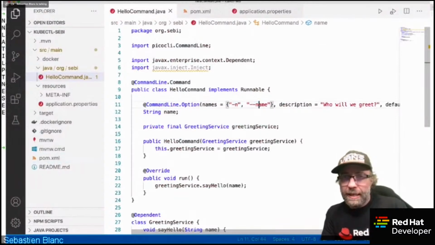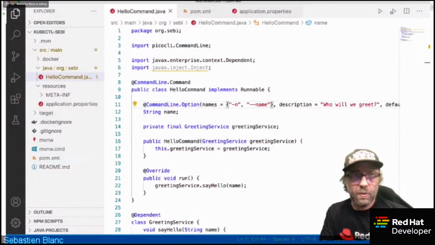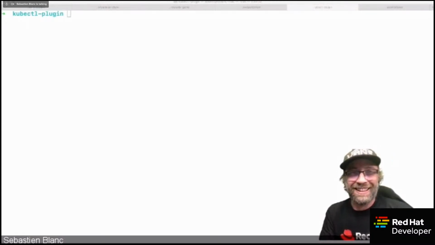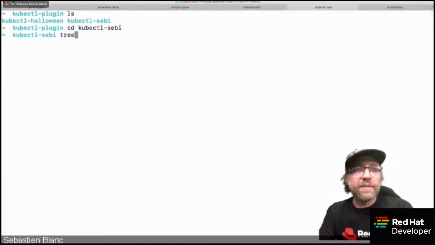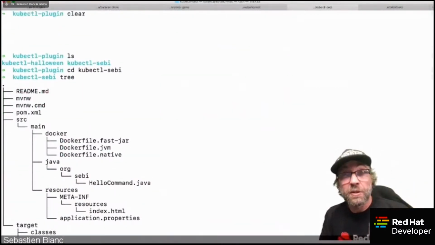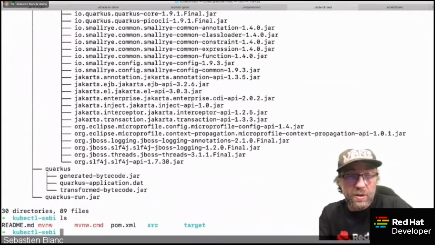Okay, and let me go to this folder. I should have it one step back. You don't see it here right now, so let me show you the back here. Oh, no, there we go. Okay. Let me show you that kubectl sebi. Yeah, kubectl sebi. Okay, and there is my Quarkus project. And one thing to remember with Quarkus is that you can compile to native. You can create a native binary, and that is what I did. If I go here in my target,